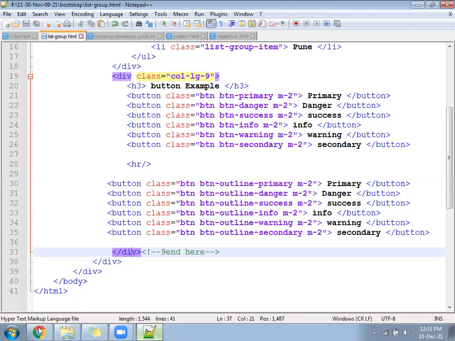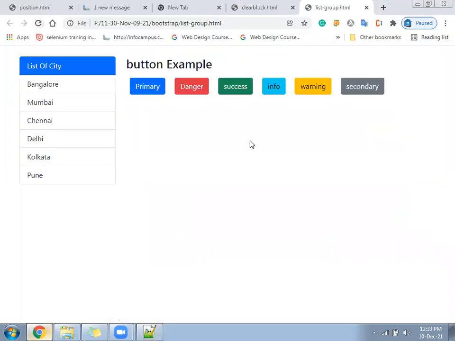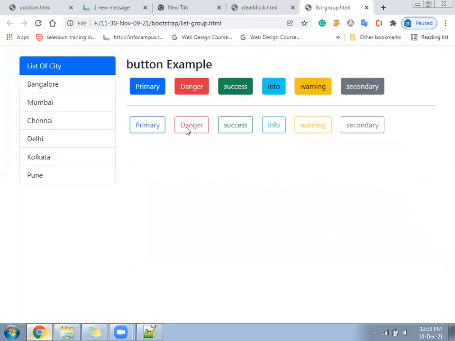Hope the buttons are coming with outline. So the design is a little different.